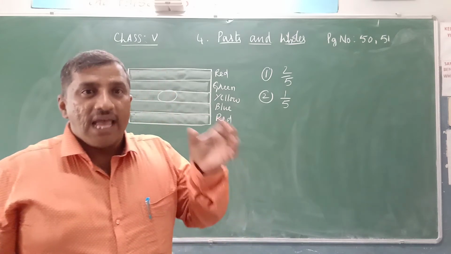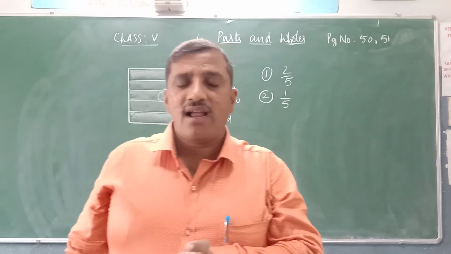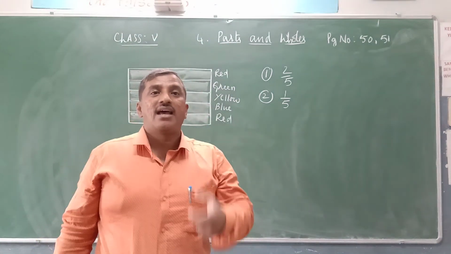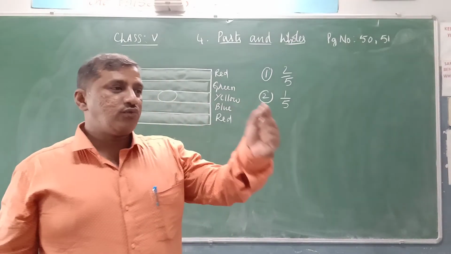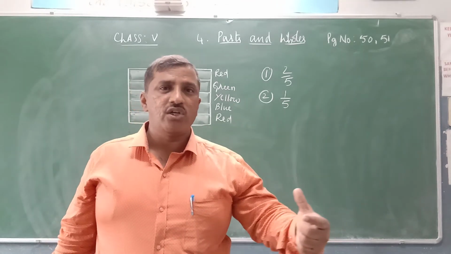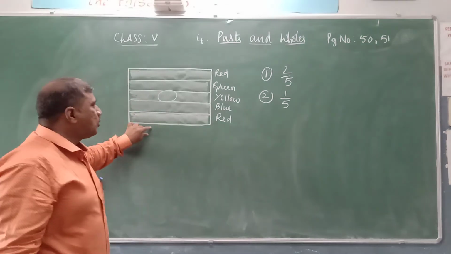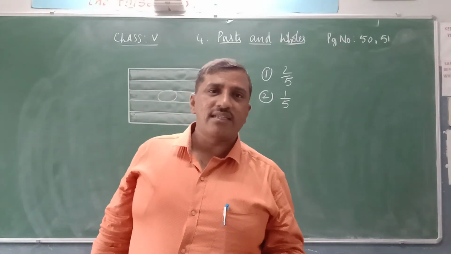So here, in your math club flag, have you used red color? If you used red color, how much part is used? It may be 1 part, or 2 parts, or 3 parts, out of 5 parts, or 6 parts, or 7 parts. In this school they took 5 parts in total. You may take 4 parts, or you may take 3 parts.